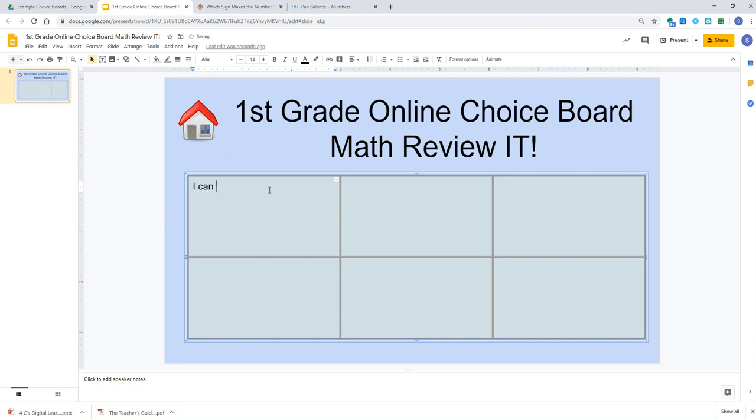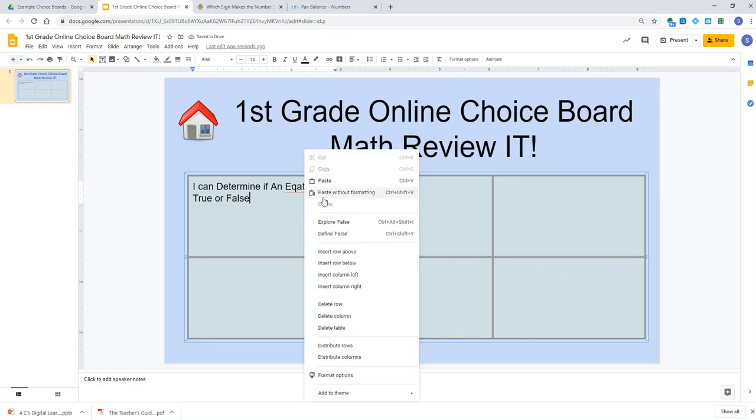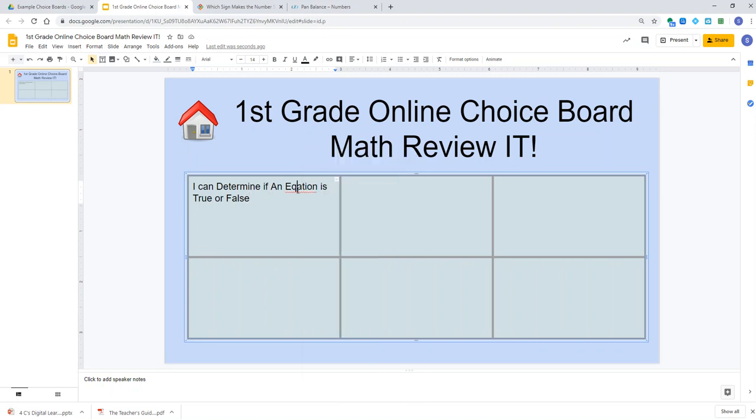So I'm going to type in the I can statement, determine if an equation is true, sorry, my typing's off, or false. And I can right click and fix that. I'm going to then center that. And just to be really clear, so I don't forget, I usually go ahead and put the standard in as well. And I believe this is, let me look,